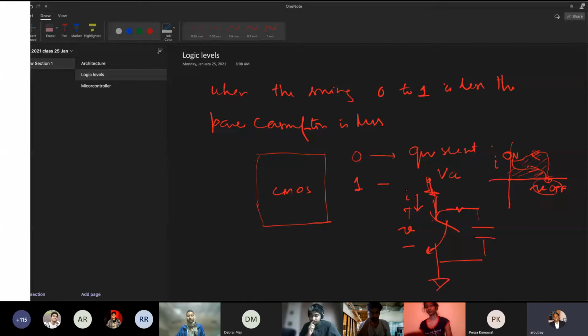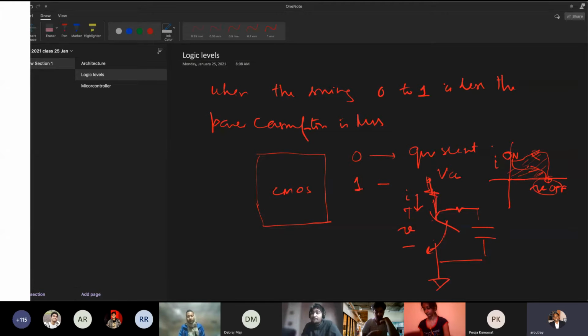Power consumption is not only switching, but the number of times it is switching per unit time. That is clock frequency. These are the two things which will determine power consumption inside the processor. So remember this, all of you, please remember. This is perhaps not there in your syllabus, so you have to have these basics.